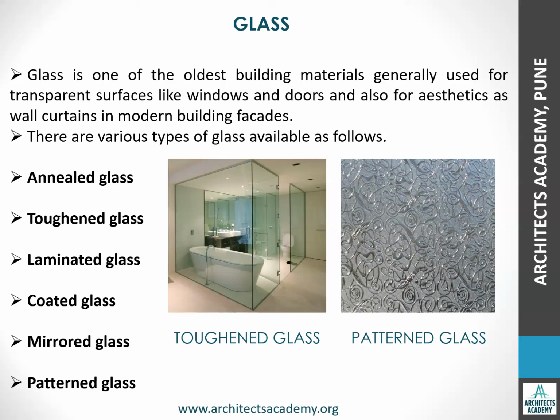Glass blocks, if you have ever seen glass block walls. So instead of brick you use glass blocks. Or you can make glass partitions like this, as shown in the image. In modern toilets, you generally have glass partitions between the dry area and the wet area. Dry area means where the commode and the basin are fixed. And what is the wet area of a bathroom? Where we have a bath. So generally in modern toilets we have two such spaces, dry space and wet space.